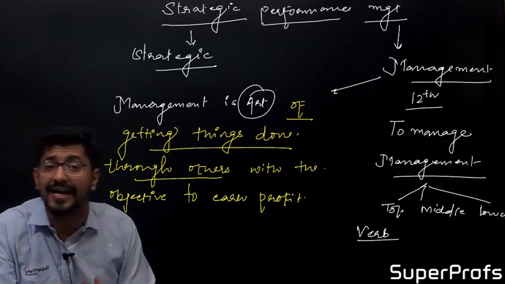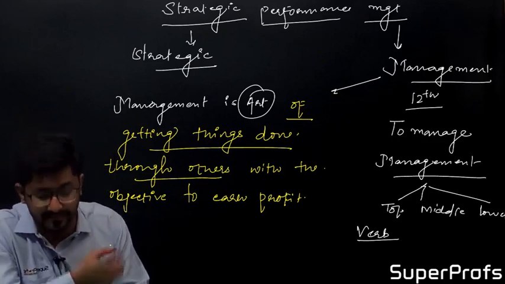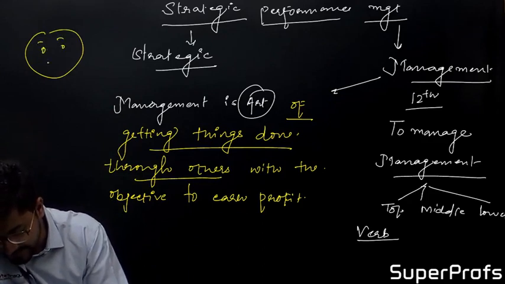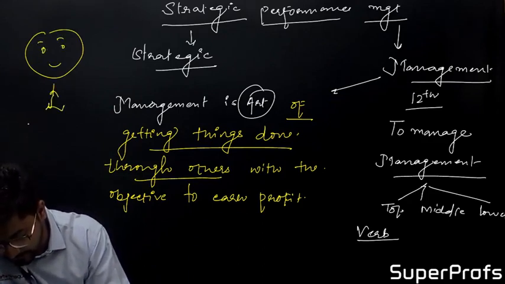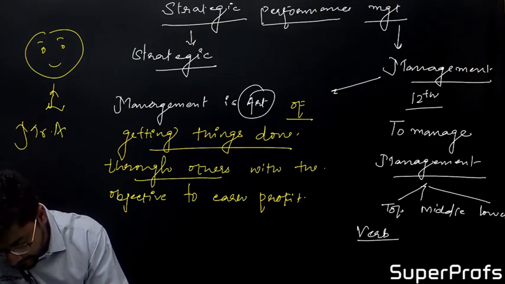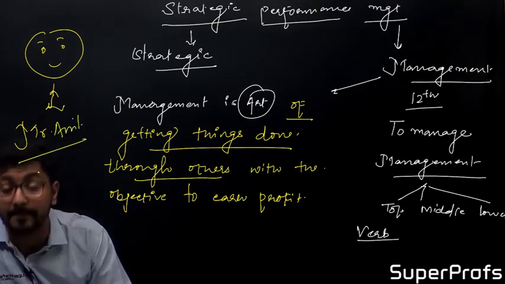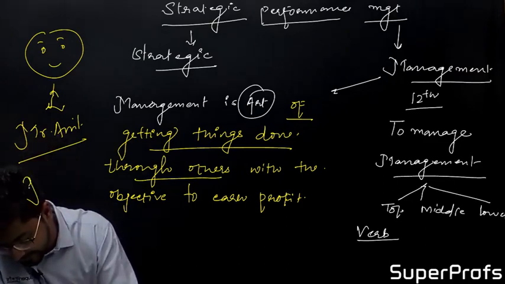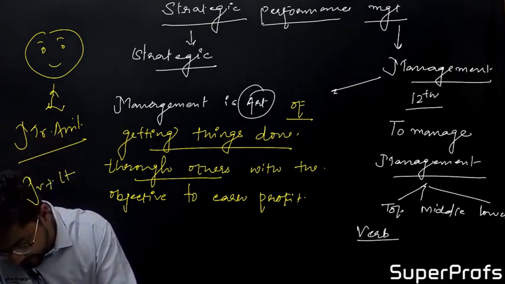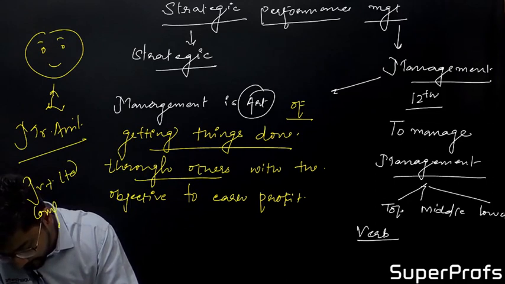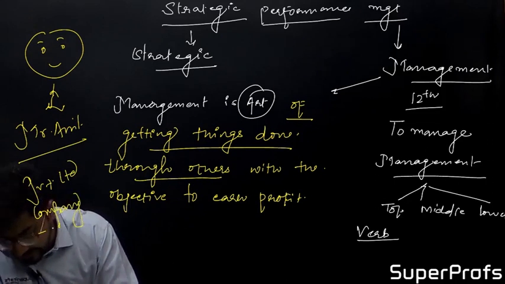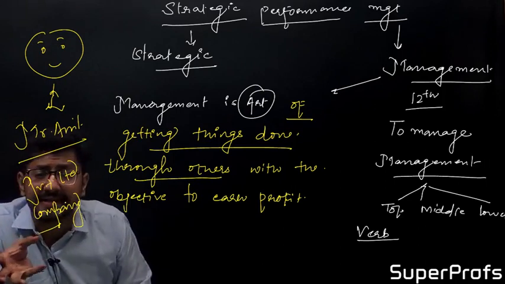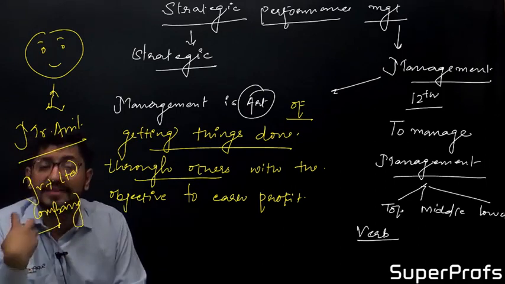Because a person who owns a business, just suppose he is Mr. Anil, the owner of a multinational company, or we can say the owner of a private limited company. First, take a simple example. In the beginning, he does all the activities by his own skills, with his own hands.